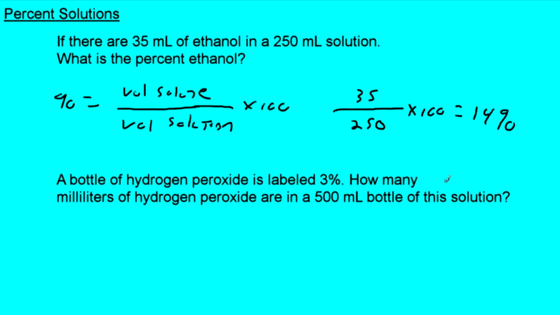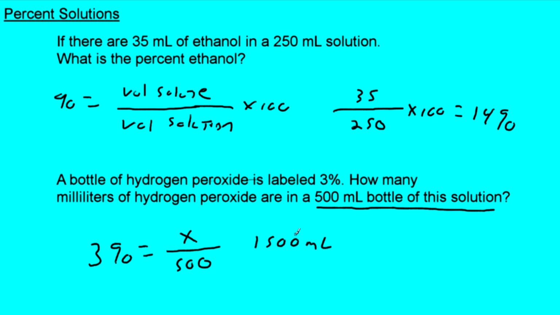Okay, pretty easy. Let's try another one here. A bottle of hydrogen peroxide is labeled at 3%. So this time your percent is given, so I'm going to put that over here. 3% equals how many milliliters of hydrogen peroxide, which is your solute, are in 500 milliliters of this solution. So remember, percents are always part over the whole. We've done that before, right? So here's the peroxide, here's the water. So if you did this math, you're going to come up with 1,500